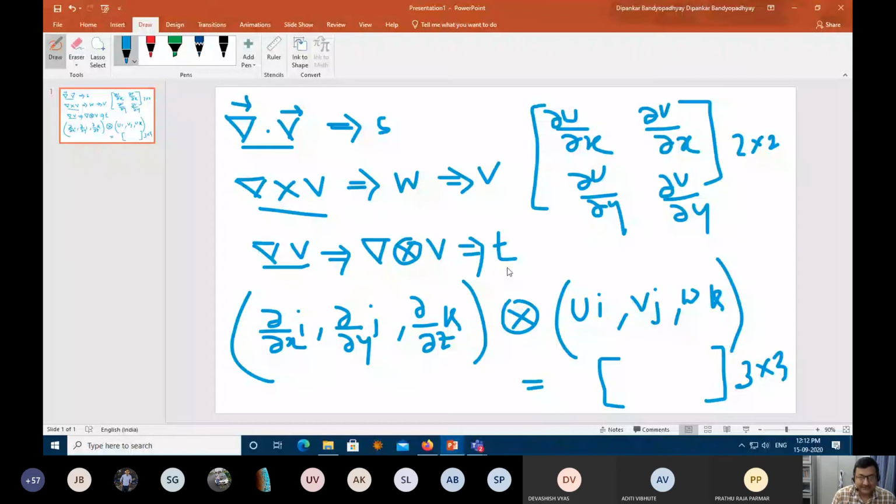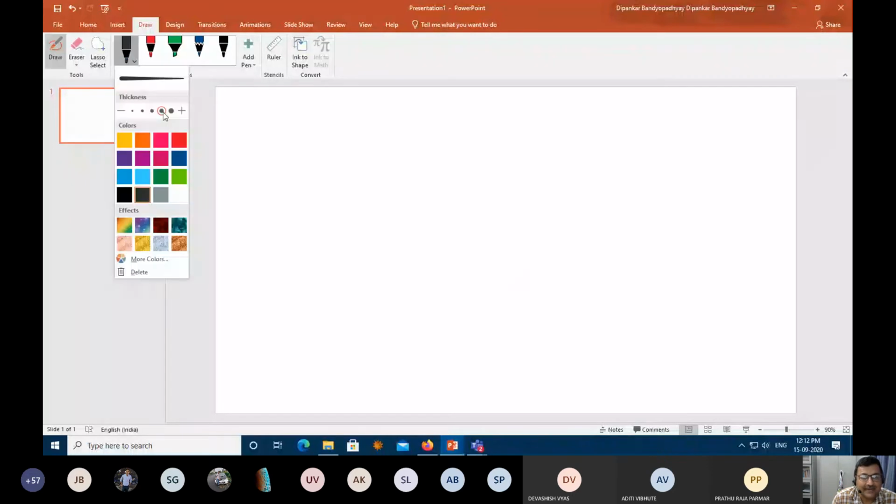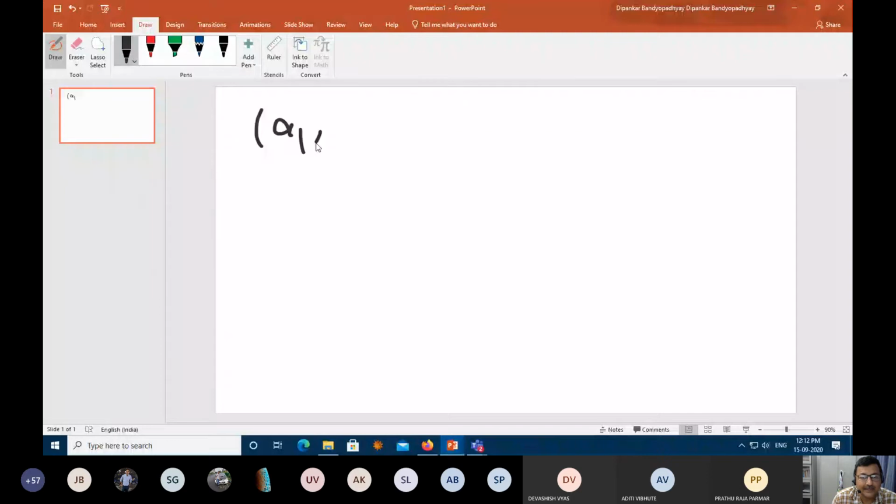So the framework that we are getting into for any engineering calculation is this: suppose I have a vector which is a1, comma, a2, comma, a3, comma, a4, dot dot dot, an. This is the framework that we are trying to fix. This is my n-dimensional space, this is my vector space that we are getting into.